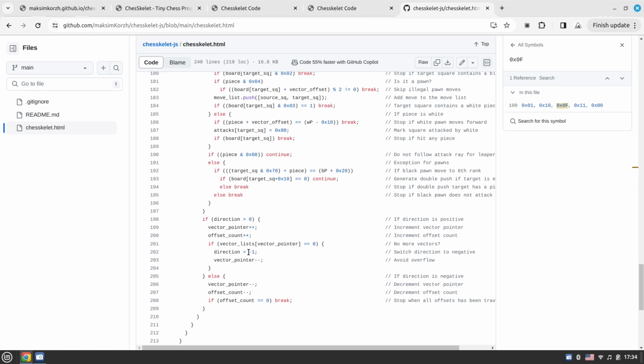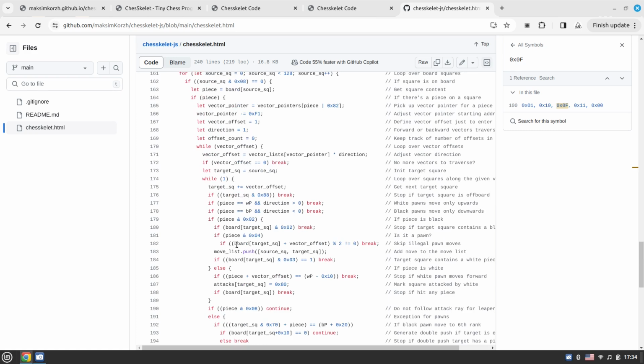Then we set the direction to the negative, and just to avoid overflow of the vector pointer. Otherwise, we would just be decrementing the vector pointer and decrementing the offset count. And finally, we just break out of this loop. It might seem a little bit complicated, but that's exactly what's happening. So feel free to read the commentaries, and feel free to read the